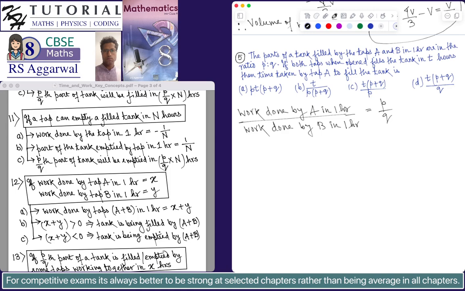So this is a kind of concept of ratio and proportion. Whenever we have two quantities whose ratio is given, and some other information is given, and we have to find those quantities, we solve those kinds of problems in ratio and proportion by assuming the quantities to be like Px and Qx, where the ratio is given to be P is to Q. So let's say let